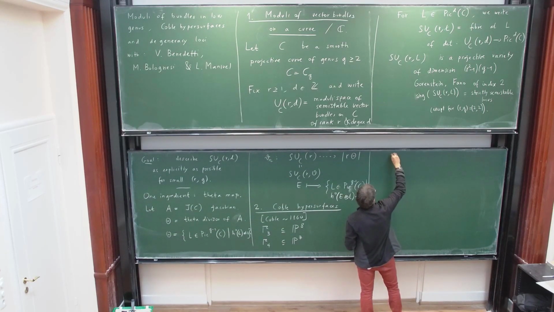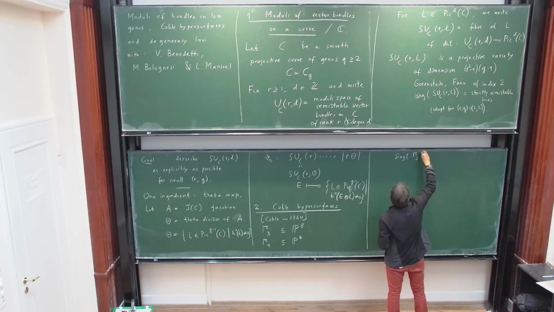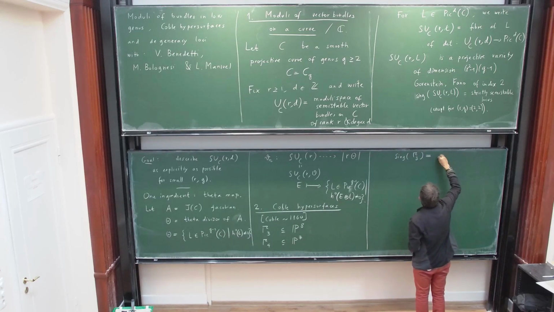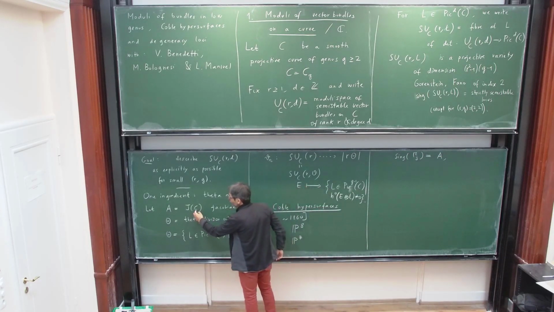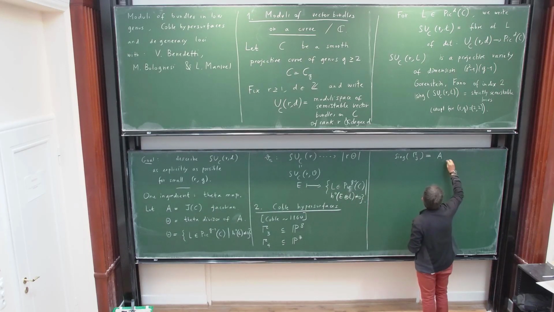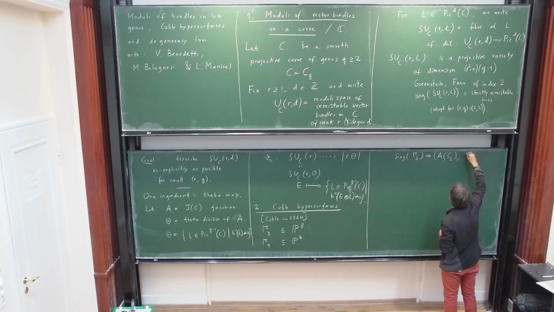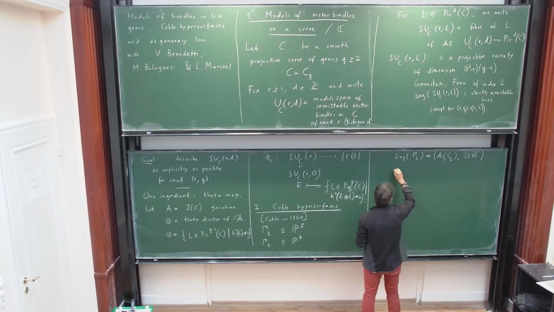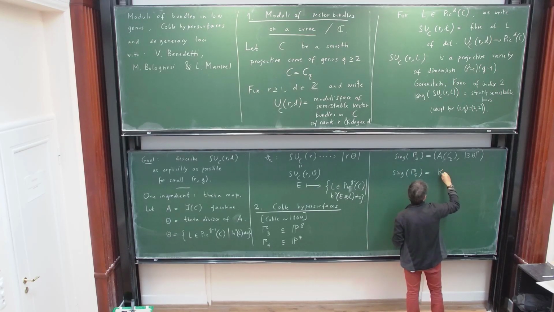So the singular locus of Γ3 is just A, this A for a curve of genus 2 now. Maybe let me write A(C2), just to make it clear that we are working on genus 2. And this is embedded by 3θ. Maybe 3θ2, right? And the singular locus of Γ4 is, on the other hand, this Kummer threefold